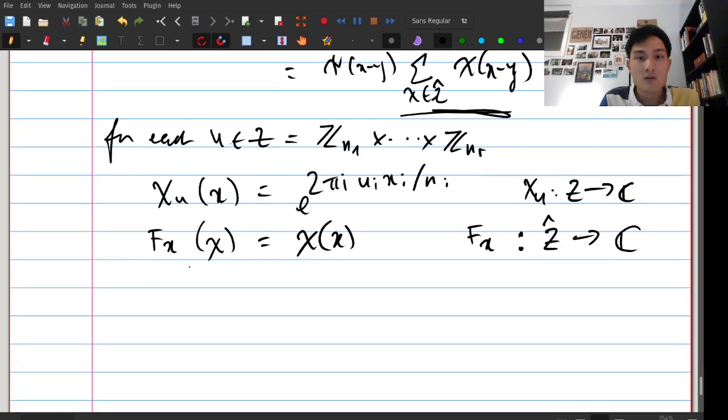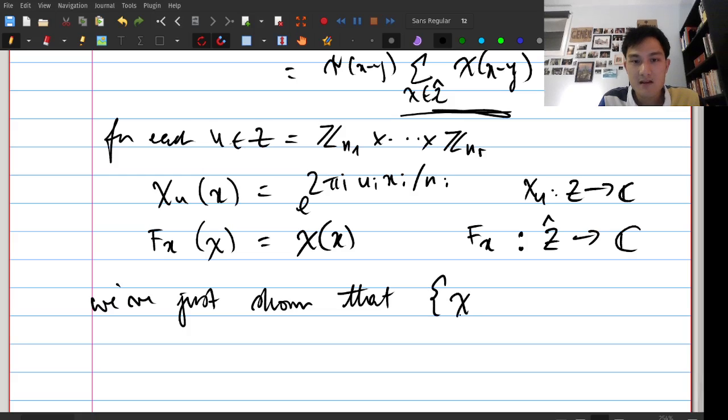So what we've shown is that this set chi u for u in Z and this other set f_x for x in Z,